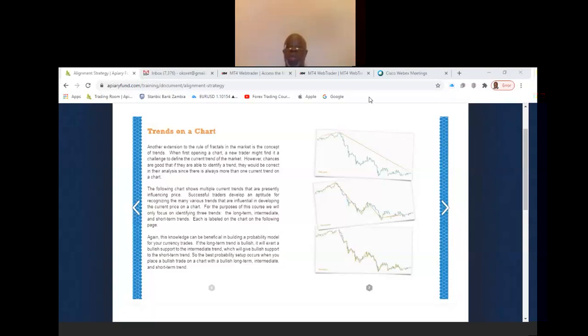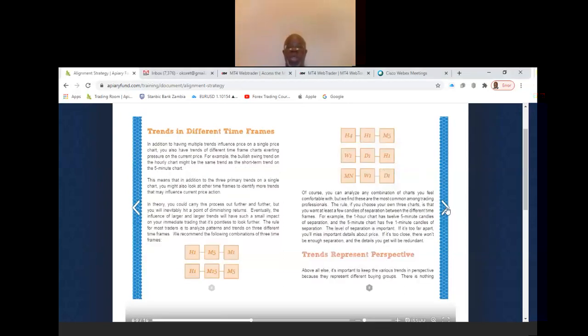So how do we apply that knowledge? Well, we apply that knowledge by the fact that if you have the different time frames, you have to be able to pick those that would match well and will help you synchronize that thought. For example, if you use the hourly time frame,